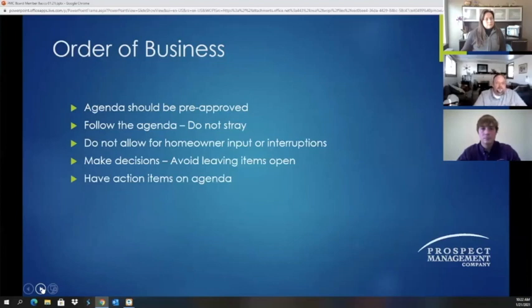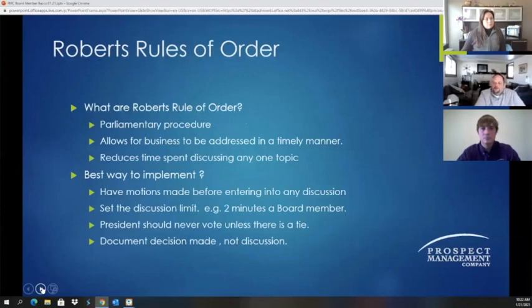So while you're conducting your board meeting, you always want to follow Robert's Rules of Order. And it's fun because I can assure you none of us follow Robert's Rules of Order as it's supposed to be followed. It's a very loose interpretation, and that's okay. There's nothing wrong with that. But you do want to have some orderly process to your board meetings, and that's why it's Robert's Rules of Order. There isn't any state statute that says that you have to use Robert's Rules of Order.